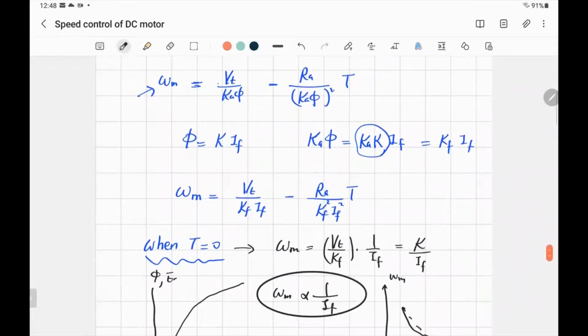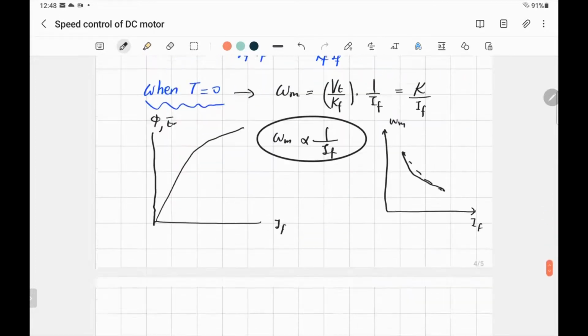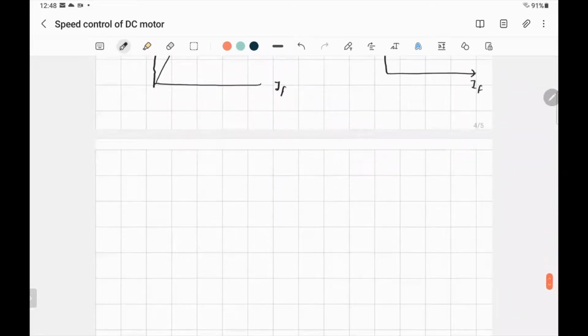If you say, okay, I'm going to adjust it to some value of the field current IF, and I'll fix at this one, like what you're doing in the lab, you say IF is going to be equal 0.3 amp. So how will the thing change? Well, it will be the same curve we did